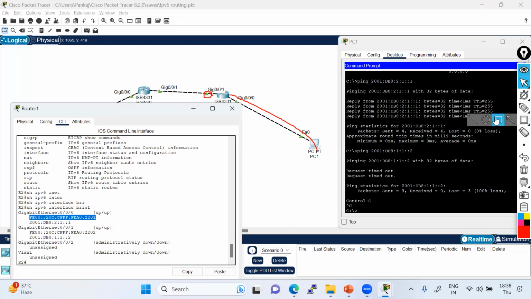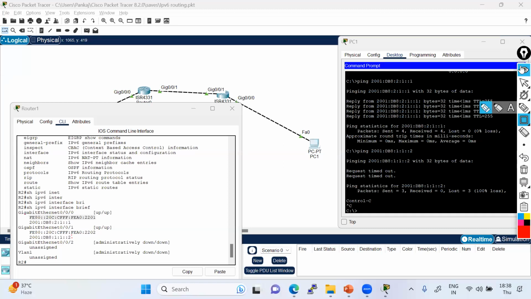So this was what I was looking for. This is the link local IP address, and this is the actual IP address which I assigned to the interface. This is a link local, and this is what we assigned on the other interface. So 1 by 1 and 2 by 2.